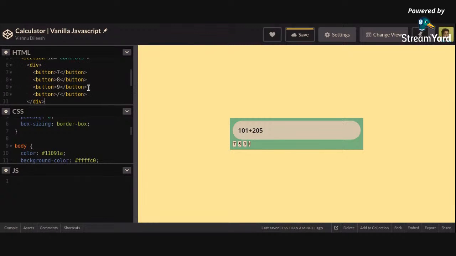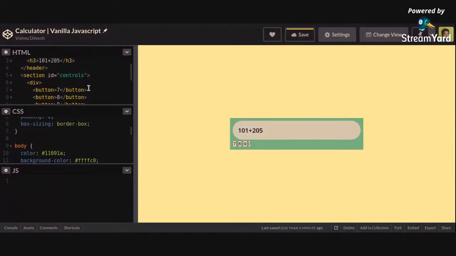Okay, maybe we can go ahead with styling the first row so that we can get an idea of how the other buttons will come up. So now again for the controls, we can say it has a width of 100%, and nothing happens, of course. Controls, and